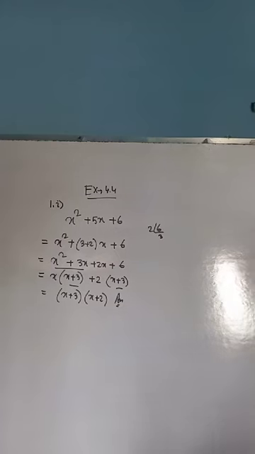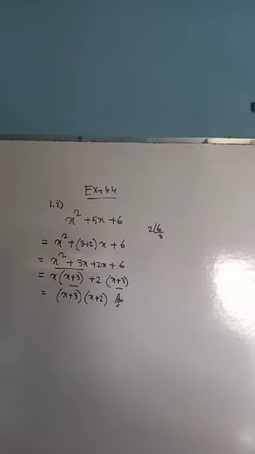The process is that you multiply the first and last terms. 1 into 6 is 6. Factorizing 6, 2 and 3 make 6, so you get 3x plus 2x. Take the common x as x plus 3, and take 2 as common, x plus 3. From both parts you can take the common x plus 3, and what is left is x plus 2. Clear? Okay.